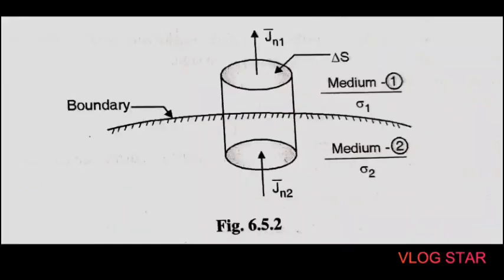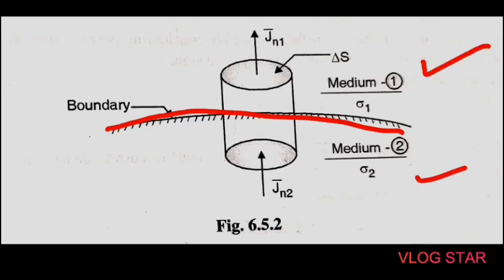Then after that we will study the boundary condition for the conductor-conductor interface. Means what? In case of a conductor, the charges are not present inside the conductor, but on the surface of the conductor, the charge density exists. Okay. So here if we consider the boundary between two conductors, let us see, this is the boundary between two conductors and this is one medium and this is the second medium. So here in presence of the static electric field, means electrostatics, in both media, the value of D bar and E bar are 0. So the boundary condition between two conductors exists only when a steady direct current flows across this boundary.